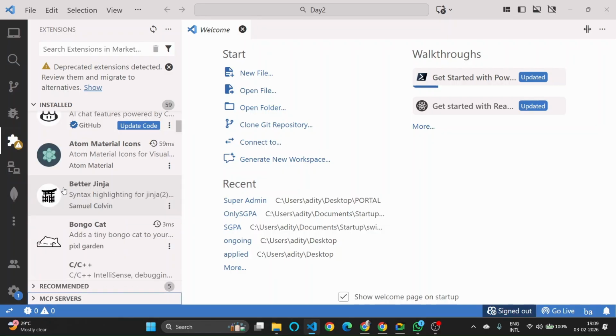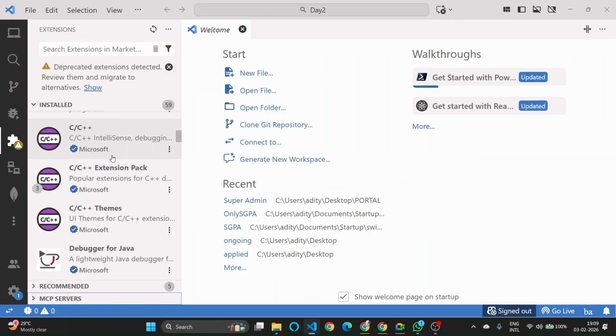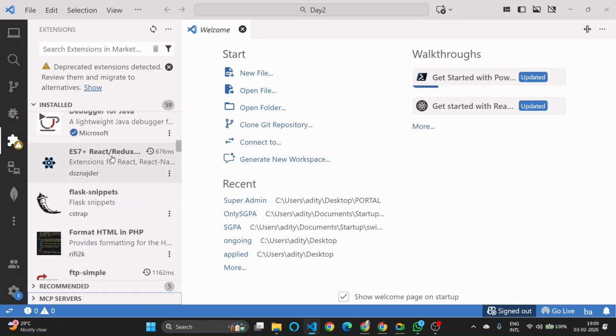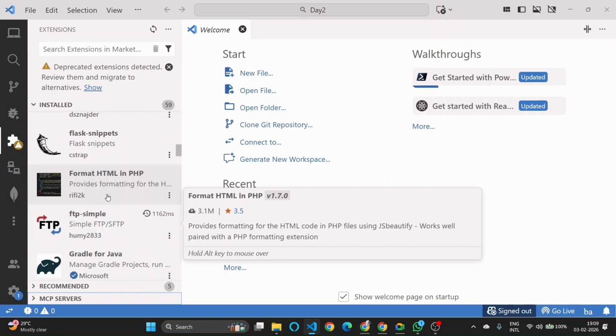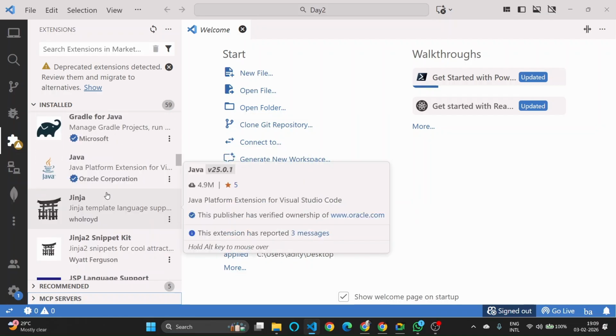That is not needed for now. Okay, so I will show you which ones. Install this particular extension, Format HTML in PHP. So this you can install. Or next,